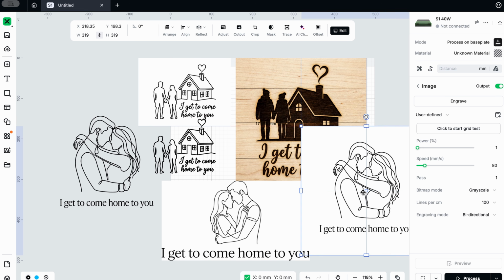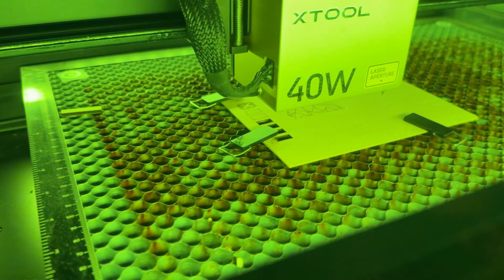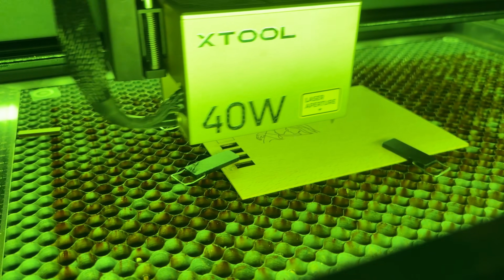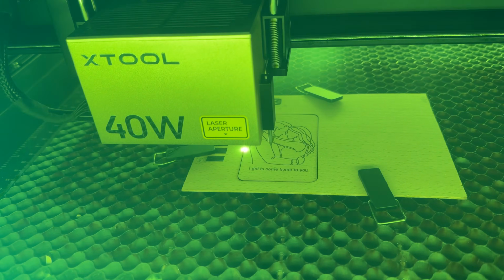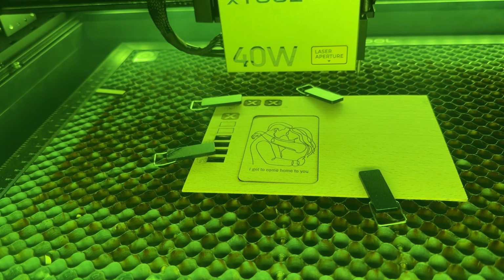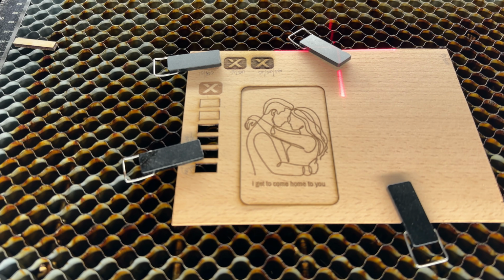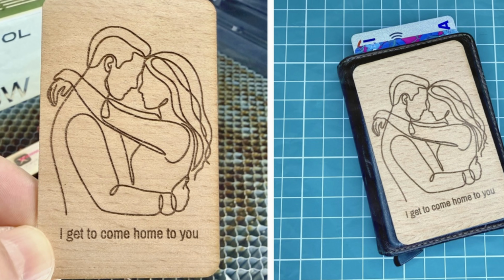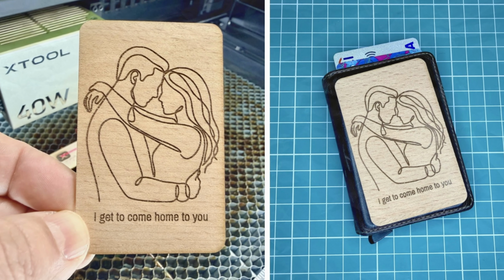I don't know. Then again, being that I'm a hopeless romantic, I made a Valentine's Day gift out of this 1.5 millimeter plywood that I had. I cut it into a credit card shape, and then I engraved a clean lined art of a couple hugging. And then at the bottom, I added, "I get to come home to you." So romantic, you know? I think it's one of those perfect gifts, so little, so simple. It goes in your wallet. And it's also a good example of what AIMAKE is good at. Those simple lines, high contrast, very nice,